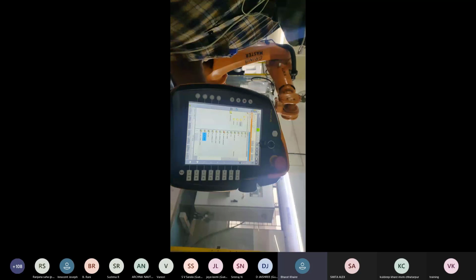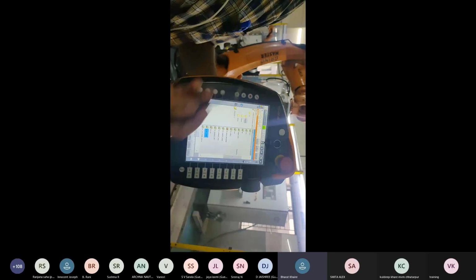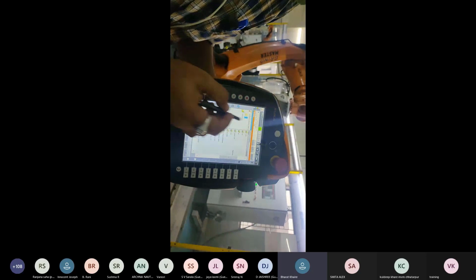Can you see the HMI of the teach pendant? Yes, sir. Okay. Now, if we want to make a folder, we have to select the left side of this window. I am selecting R1.